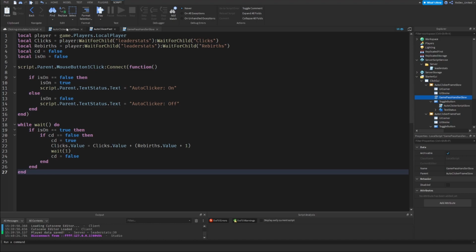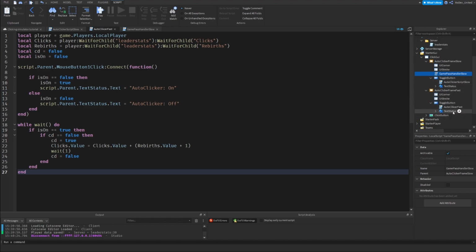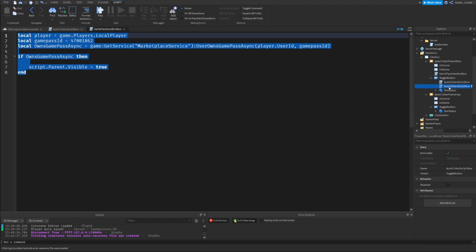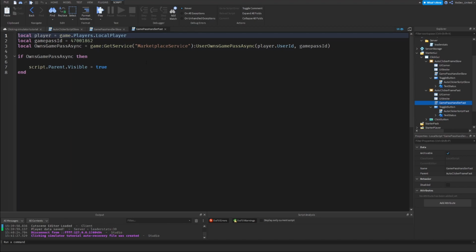And actually, in the slow one, take away that. Just duplicate this and put it in the toggle button. Duplicate this, put it inside of here. Rename this last word to fast. And rename this to fast. Okay, so when you have done that, actually we need to configure this one, so we can close